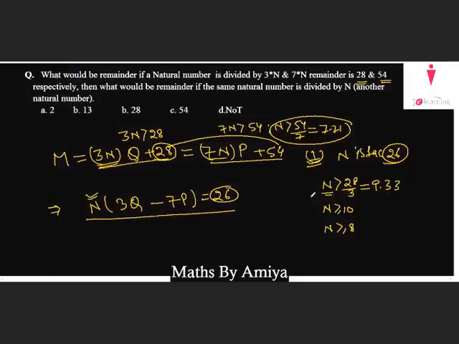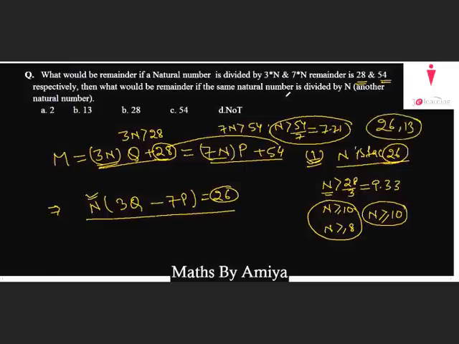By merging the conditions, n is a factor of 26, and merging the conditions n is greater than or equal to 10 and greater than or equal to 8, we can say n is finally greater than or equal to 10 and a factor of 26. If n is a factor of 26 greater than or equal to 10, we have two values of n: one is 26, another is 13.